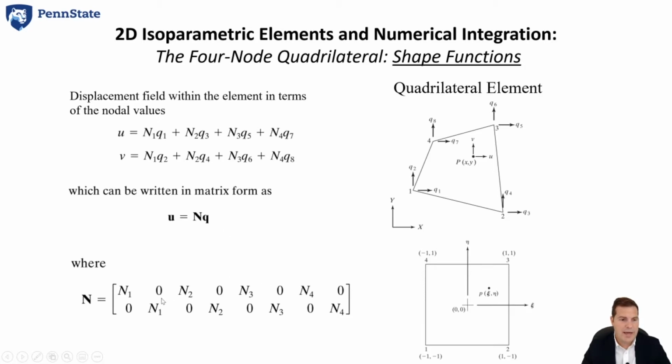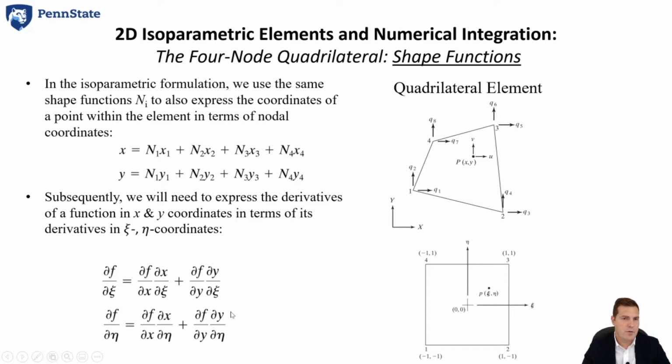N, in order to do that, N has to be arranged something like this. So we have N with the other values equal to 0. Remember, in the isoparametric formulation, we use the same shape functions to express the coordinates of a point within the element in terms of nodal coordinates. One of the things we're going to need is a relationship between the natural coordinates and our typical x and y coordinates, okay? Because we have some integral that we're going to do over